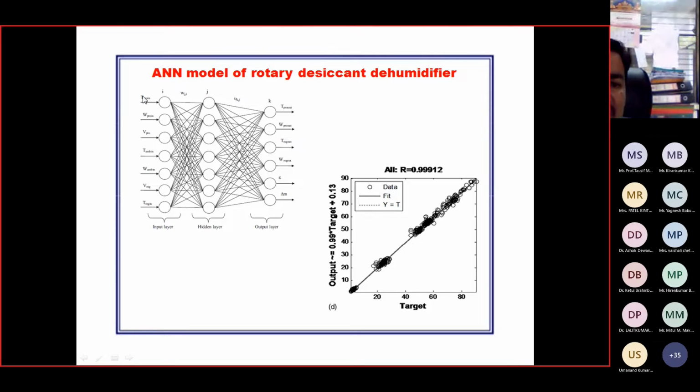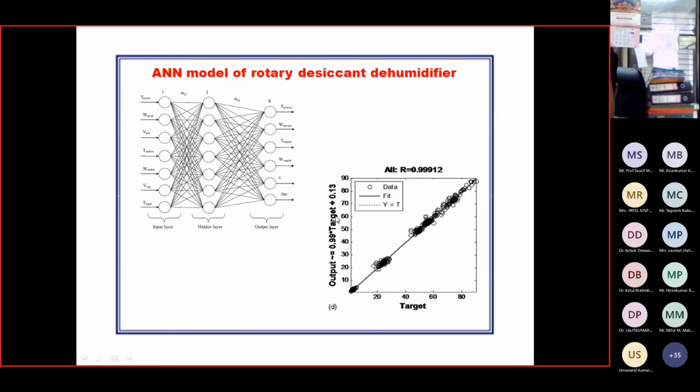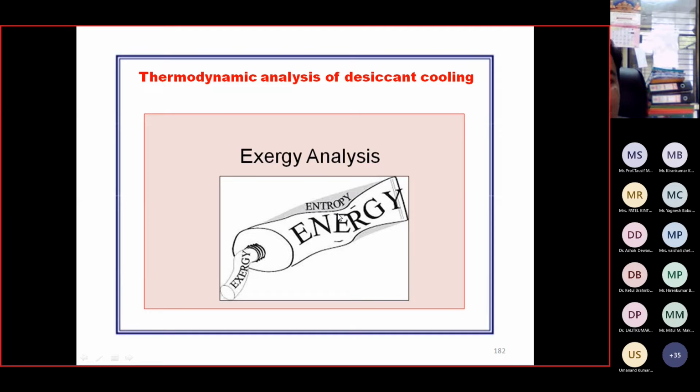So here we may have the temperature, humidity ratio, volume flow rate for the reactivation and process area, and output may be available in the form of effectiveness, how much regeneration. So different layers are to be opted for the parameters considered: input layer, some hidden layers, and output layer in an artificial neural network. It is a broad topic to be discussed, but with the limit of time, we may not go much into the detail of the same.